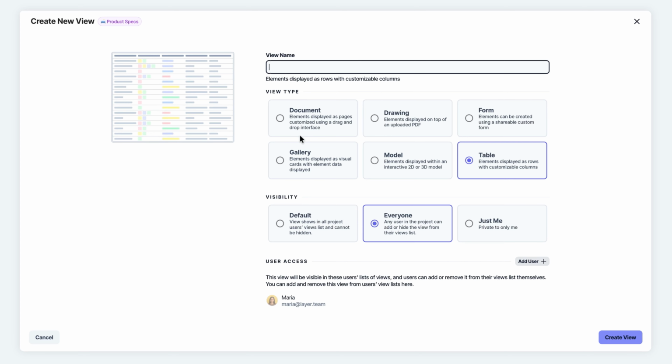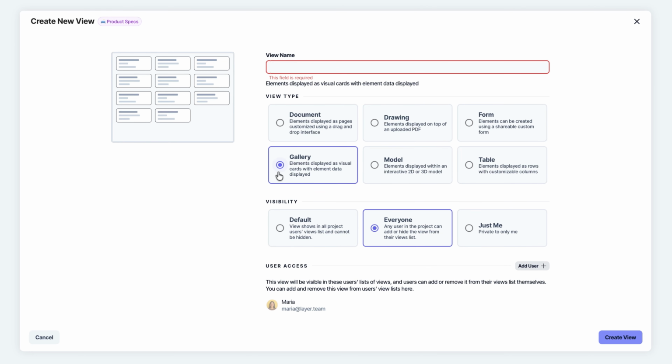And we'll take a look at some of these. You can see down here are all of my view types that are available: table, form, drawing, document, gallery, model. I've shown you what table looks like, which is more of just the tabular view. We've looked at gallery view as well, but then I want to talk about these other four and what configuration